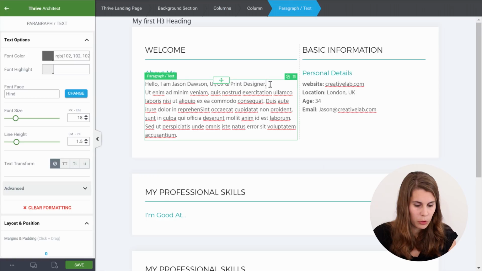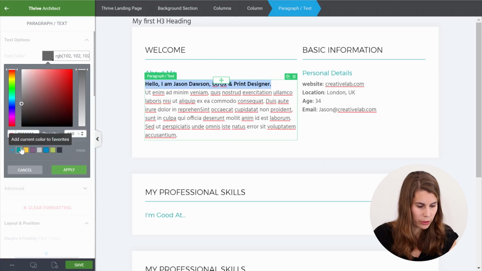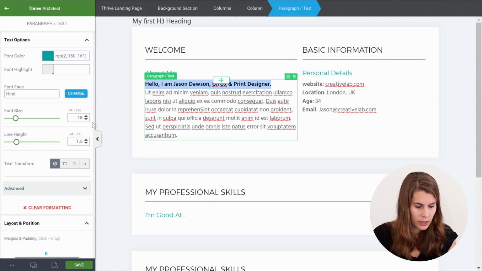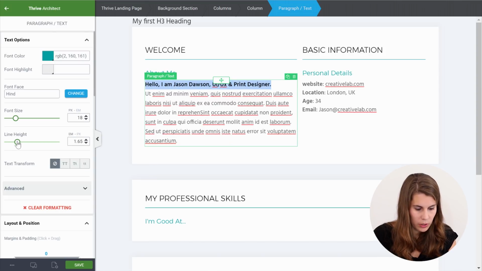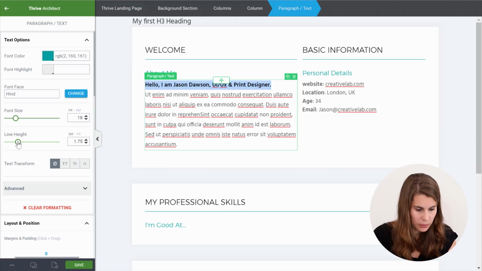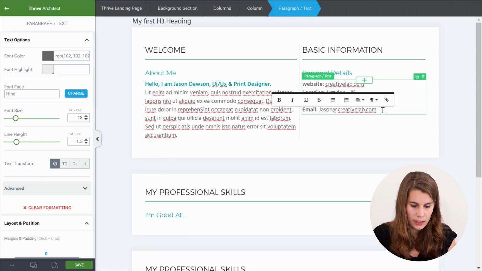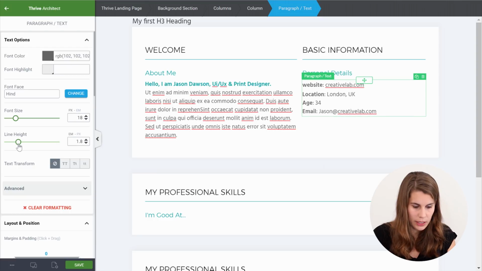And now we simply want this first line to be bold and also in our green. And we want to increase the line height on this one a little bit. And here for this text element, we want to increase the line height so that there's a little bit more space in between the elements. So we can put this to like